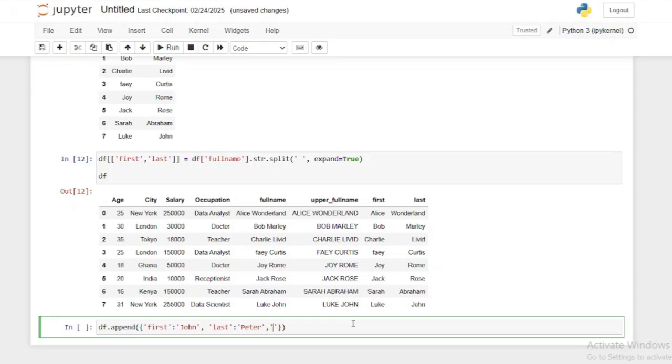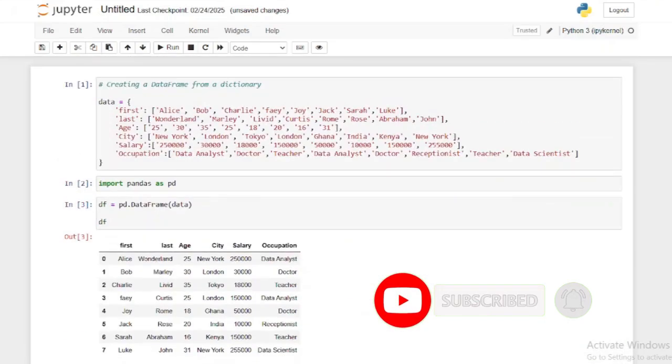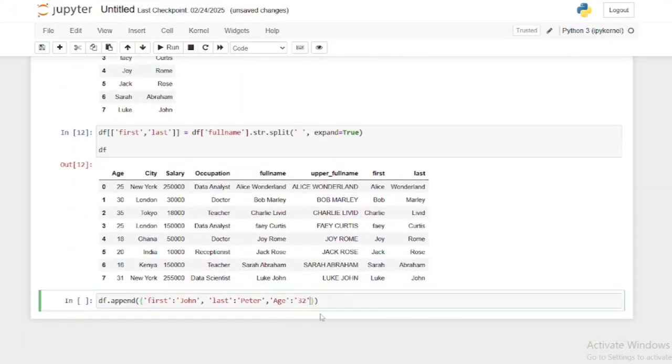Then we can also say the age is going to be 32. I think previously when I was creating these dictionaries, I made use of strings as the age values, so I'll have to keep up with that. So age is going to be 32, and the city is going to be Luxembourg. I hope I spelled this correctly. Okay, so if I go ahead and run this now,